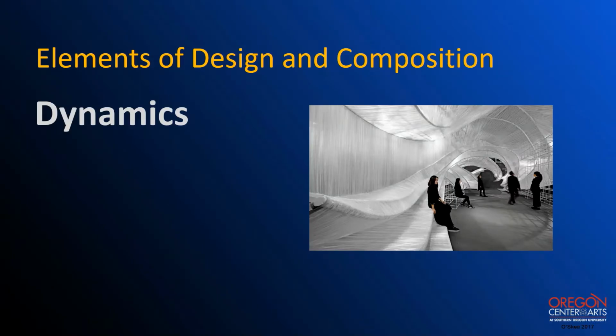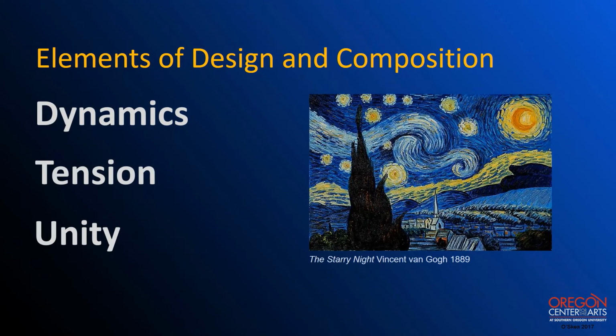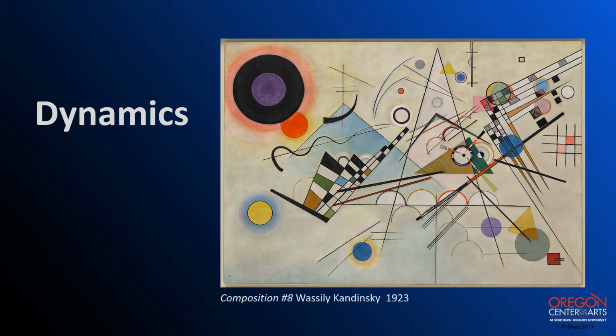All right, next little grouping, dynamics and tension and unity to kind of wrap this all up here. So dynamics, tension, and unity, again, big terms that have lots of synonyms, but let's just jump into them. So dynamics is basically how our eye moves around. We've talked about movement already, and that's basically the way that things are arranged to create that sense of